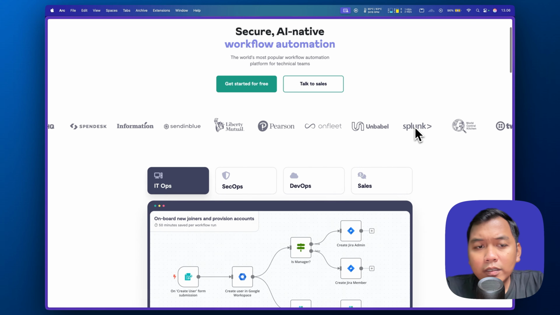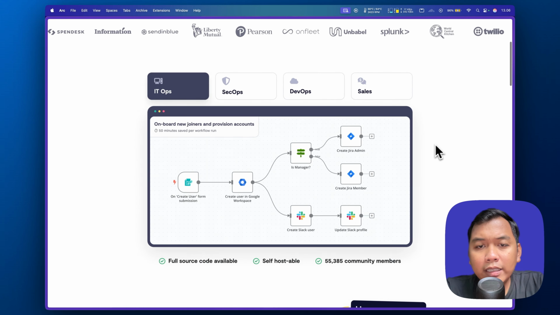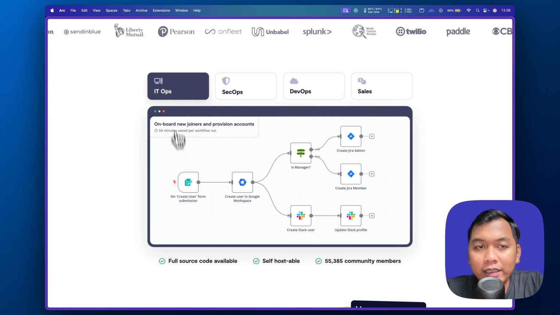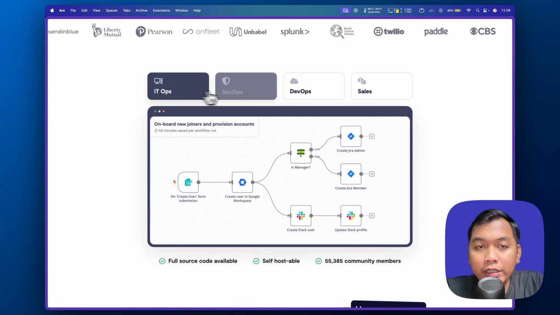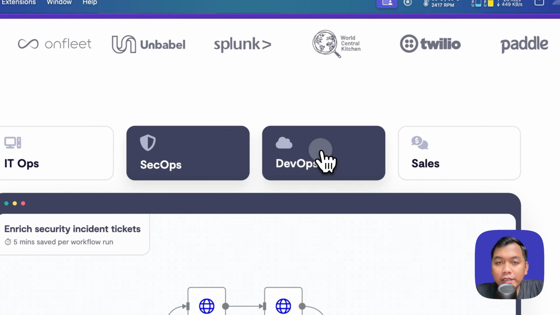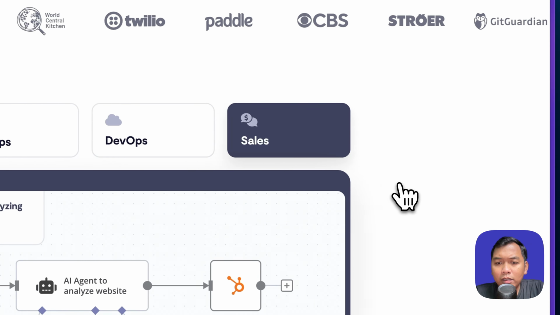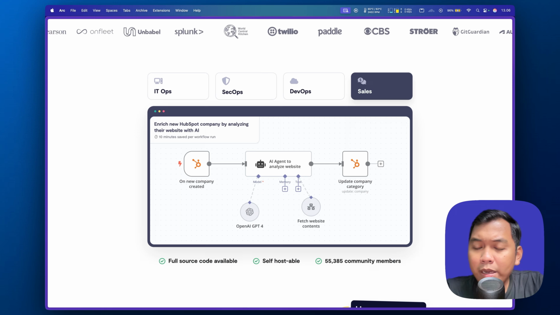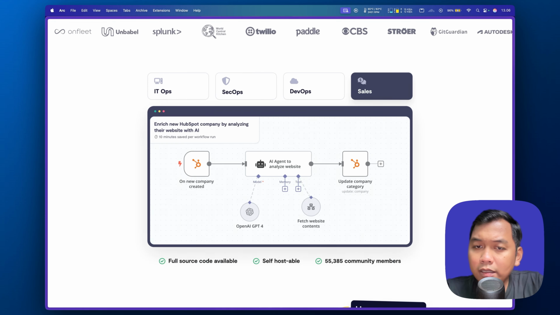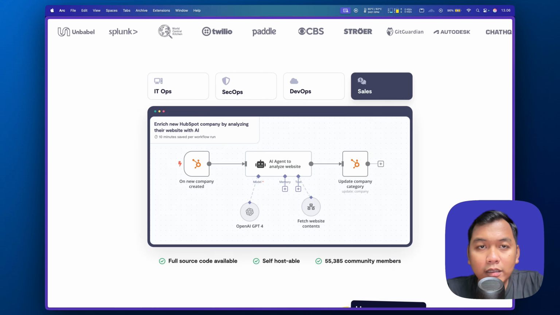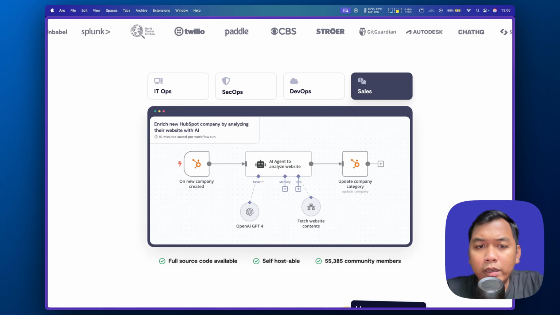Here we can see we can create automation for IT operations, security operations, development operations, and also sales. This tool is useful for many people such as marketers, designers, YouTubers, content creators, and also developers themselves.